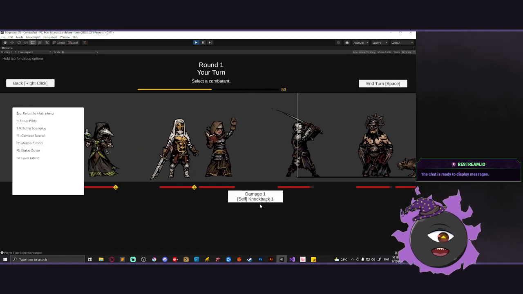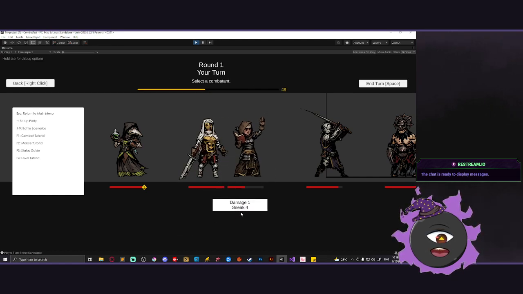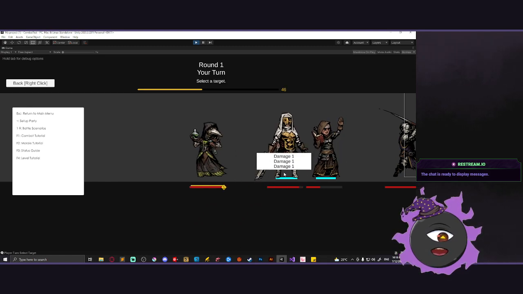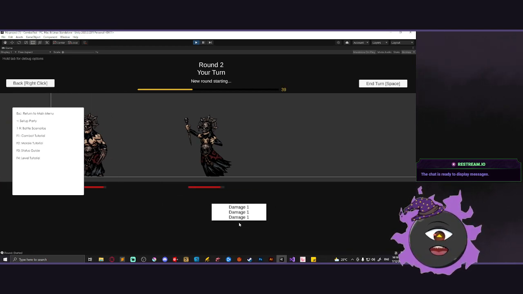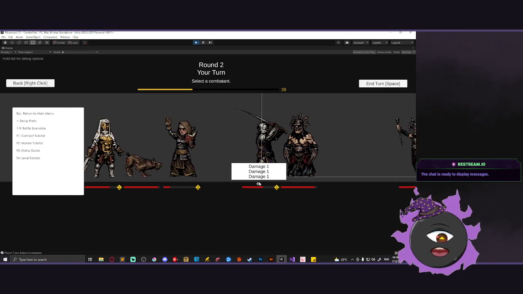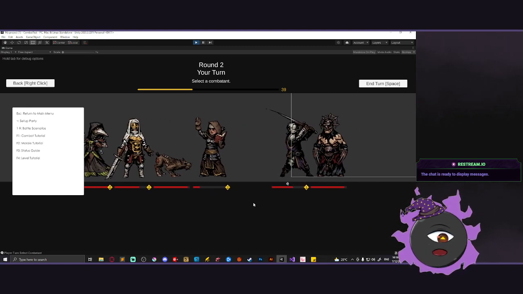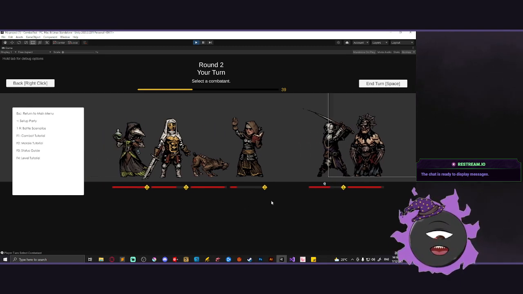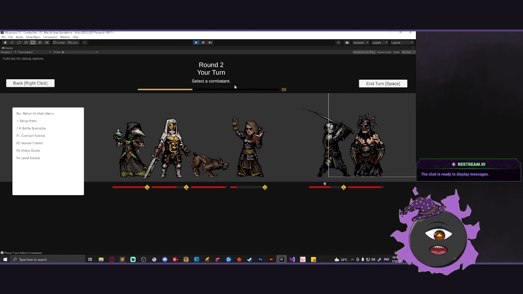That's one of the main mechanics as well, being able to attack allies and everything. And this one is a sneak attack, backstab, really strong. And then we've got magic missile, where you can pew pew pew attack multiple times. And the enemy will do their thing, and that's it. One of the enemies casted kind of a charm thing. The dog rushes over to the other side to attack our character, and all the other stuff. Now this one starts with less AP, so you do fewer actions in your turn. That's pretty cool. We've got the whole mechanic here,